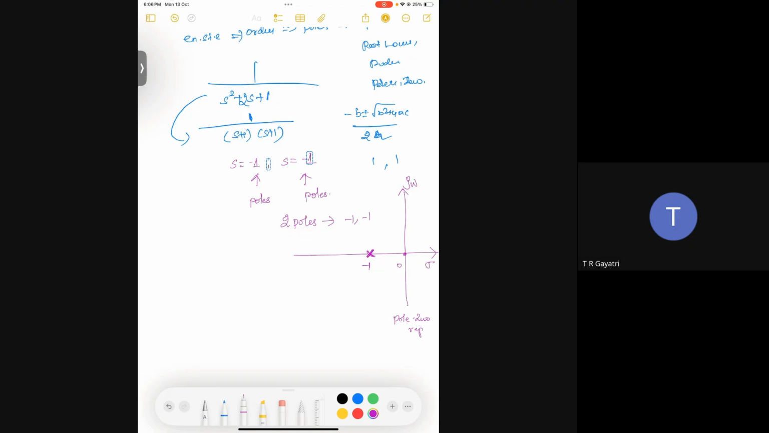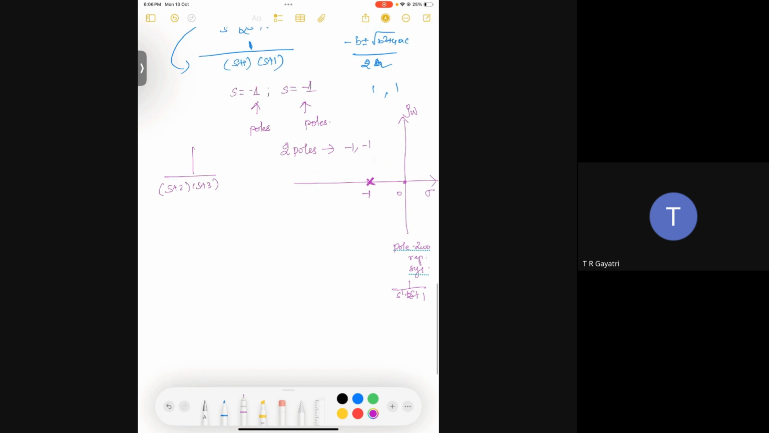representation of a system. Which system? 1 by s square plus 2s plus 1. This system. Clear? So if I have some other system like 1 by (s plus 2)(s plus 3), then its pole-zero